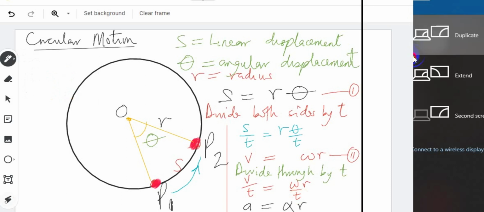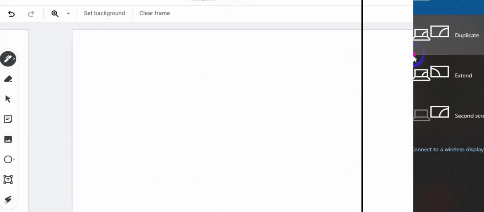So you will notice that the relationship between linear quantity and angular quantity is linear quantity is equal to angular quantity times radius. For instance, linear displacement is equal to angular displacement times radius. Linear velocity is equal to angular velocity times radius. Linear acceleration is equal to angular acceleration times radius. So I can call this equation 3. Okay, we can take this further. It can be shown that